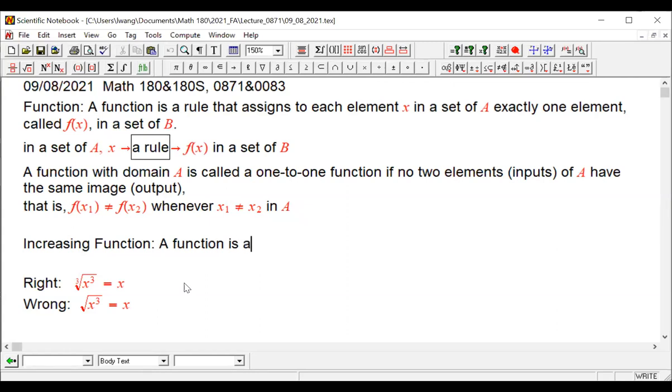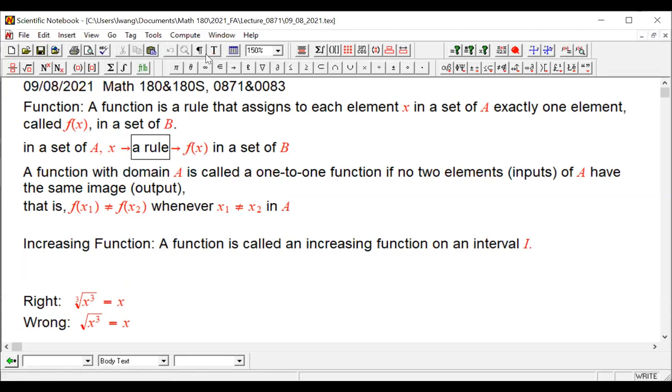is called an increasing function on an interval. We're going to give a name to the interval. We call it I. I is the first letter of interval, right? When we choose symbols for our shorthand notation, we typically choose the first letter of a word. That's very typical of mathematics. For constant, we choose C. Function, F, is the first letter of function. So anyway, a function is called an increasing function if